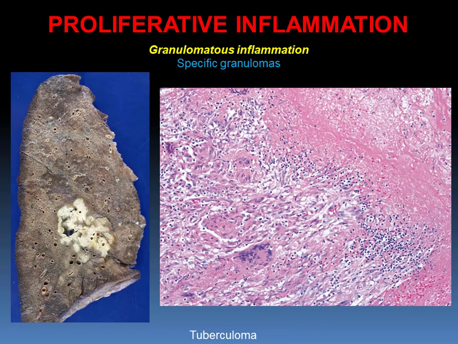There are four main types of specific granulomas, which are tuberculoma in tuberculosis, gumma in syphilis, leproma in leprosy, and scleroma in the case of rhinoscleroma. We will start with tuberculoma. Tuberculoma is usually localized in the lung in the case of secondary tuberculosis. Macroscopically, we can see a large area of caseous necrosis, which is whitish-yellowish in color, loose in consistency, and resembles cheese.